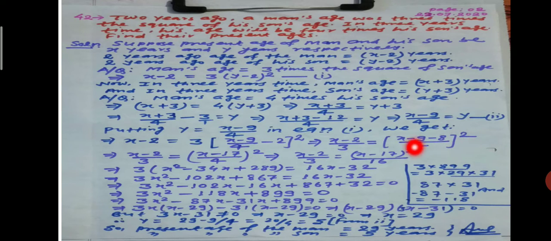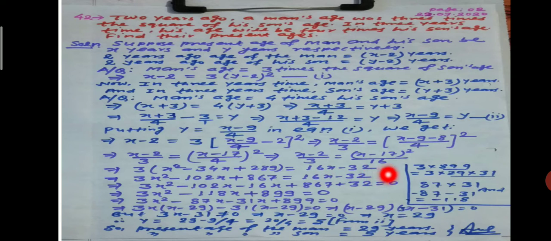the whole square. This implies that (x minus 2)/3 will be equal to (x minus 9 minus 8), which is minus 17 upon 4, the whole square. This implies that (x minus 2)/3 will be equal to (x minus 17) the whole square upon 4 square, which is 16. Then this implies that 3 multiplied by (x minus 17) the whole square, that is x square minus 2ab, that is 34x, plus 17 square, which is 289, will be equal to 16 multiplied by